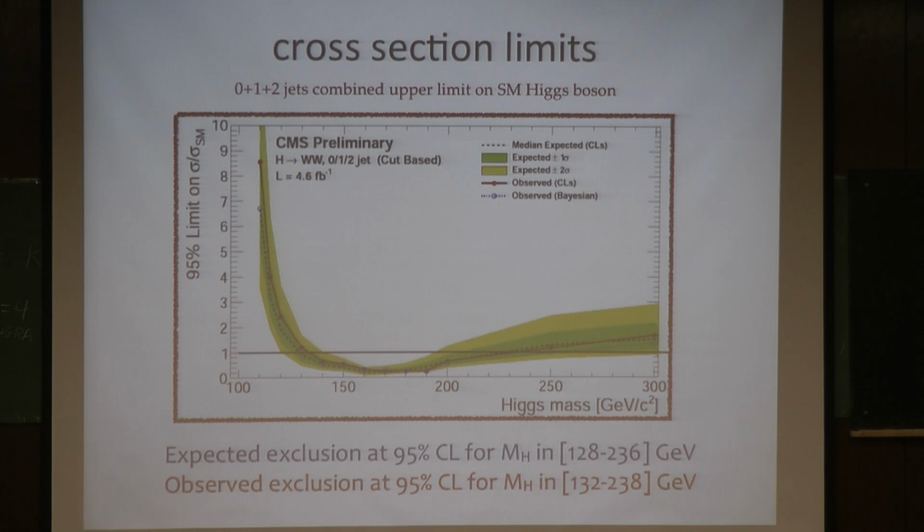Now, every time you see that the red curve is above the observed, whether it's Bayesian or CLS, the median expected, it doesn't matter, it agrees. But for the entire region that red is above the dashed, it means that there is an excess. And so what we see here, the 1 sigma band is here, and the 2 sigma band is the yellow. So what we see here is that starting from the low mass all the way to 160, I would say, we have a 1 sigma excess over the entire region.